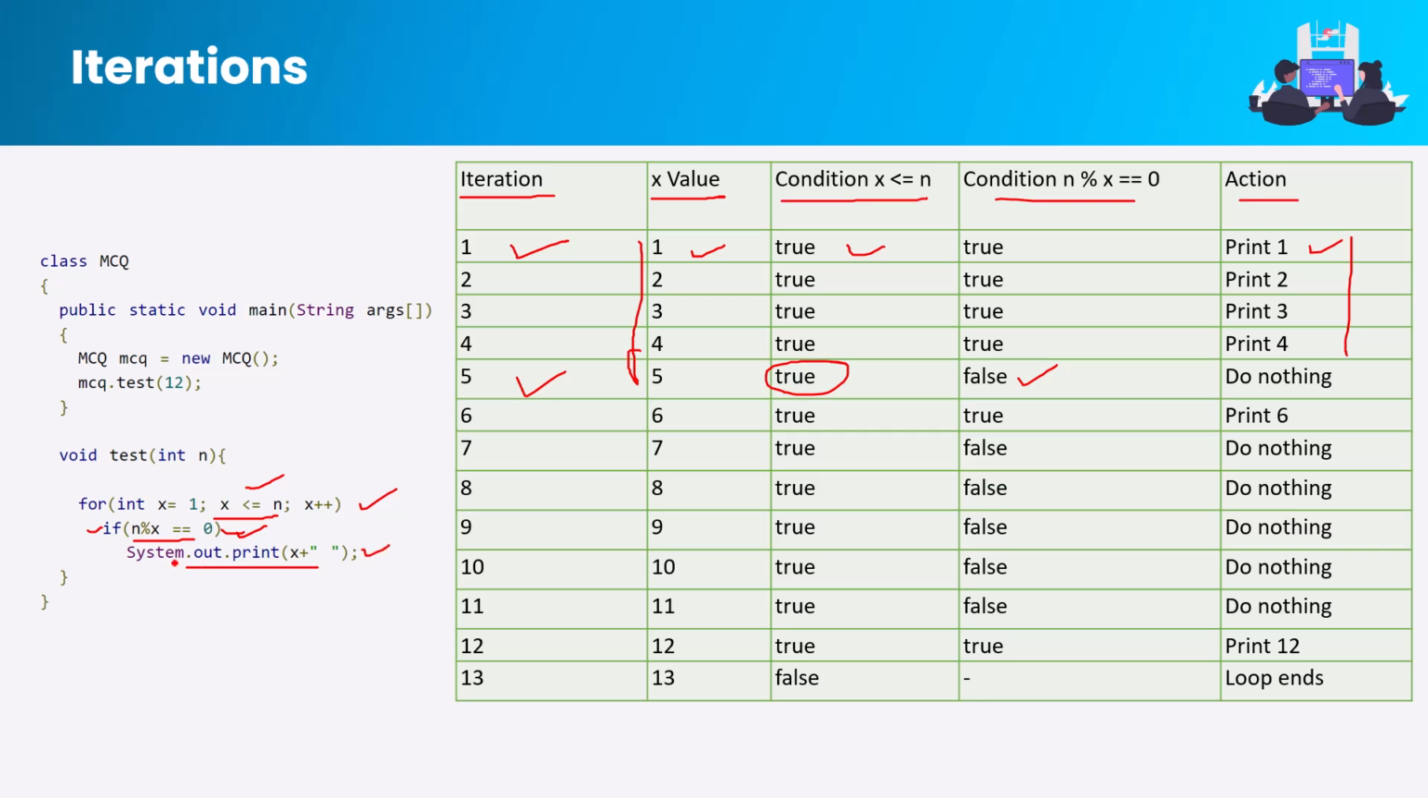So it will not go inside this if condition, so it will not print anything. It does nothing. Again, for 6, both conditions will be true, because 12 modulo 6 is 0, so that's why it will print. Again, for the iterations 7, 8, 9 and 10,